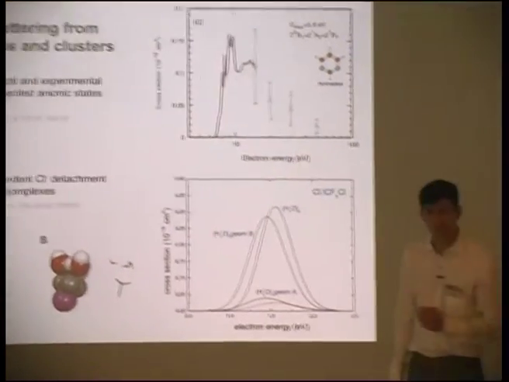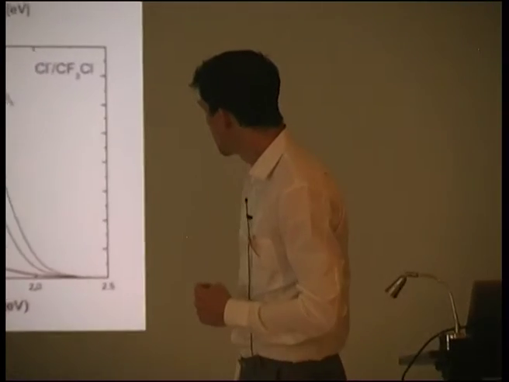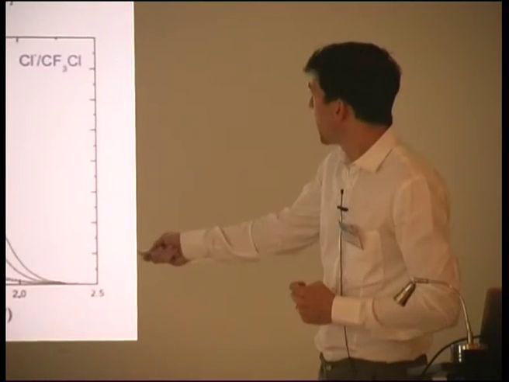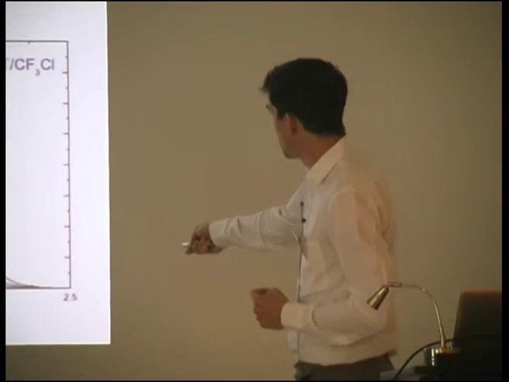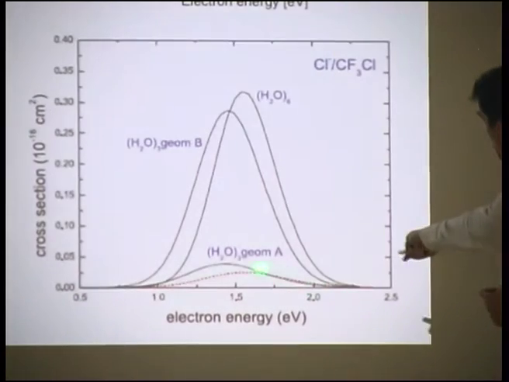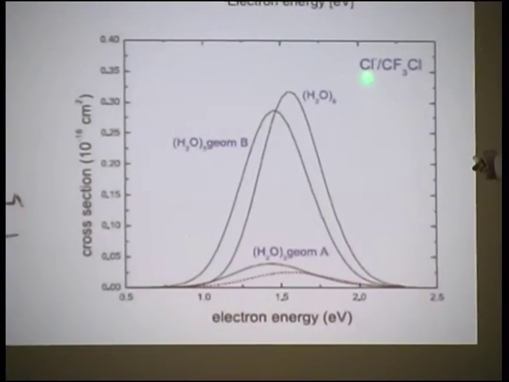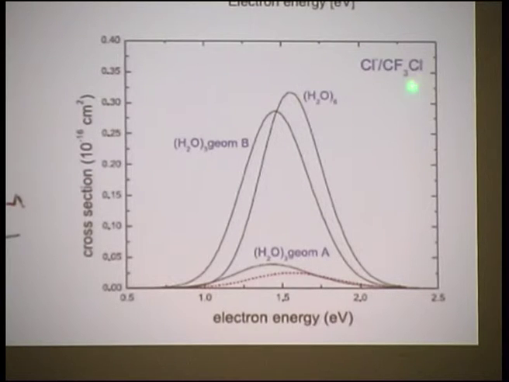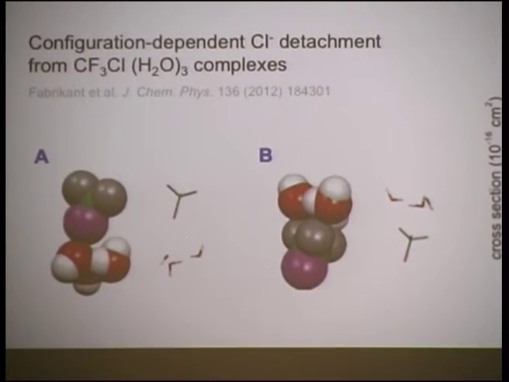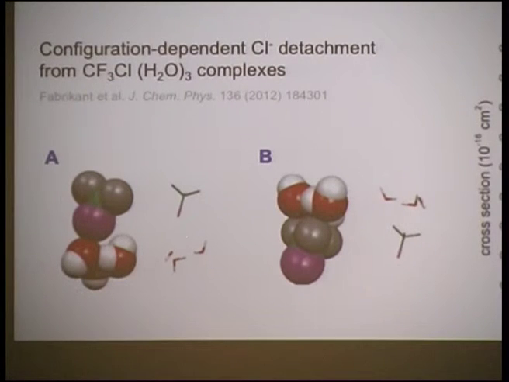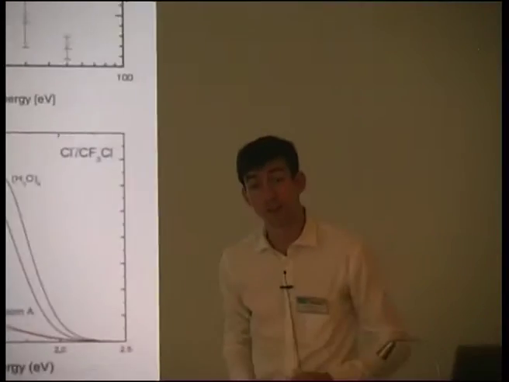Obviously plausible places based on quantum chemical calculations. And they found that for, if you like, geometry A of the cluster compared to geometry B here, this is showing the absolute cross-section for the production of Cl minus from CF3Cl with 3 water molecules assembled like this around the molecule compared to 3 water molecules assembled around the other side of the molecule. And you see a huge enhancement of the cross-section for this dissociation due to the specific geometry of the cluster.